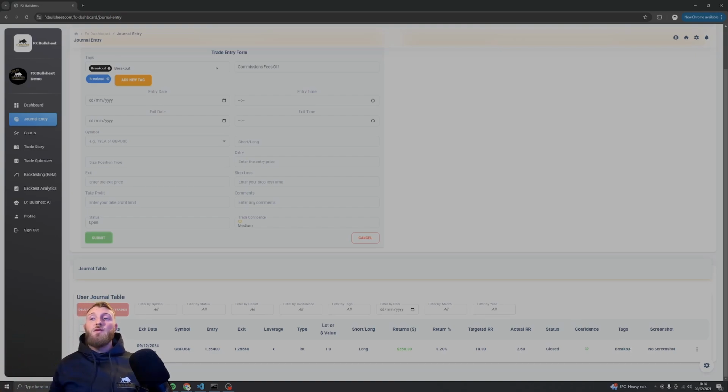Again, as I mentioned before, you can start filtering by tags and whatnot. You can also filter by confidence. So have a look at your worst trades, have a look at your good trades. I'm just going to add one in for now. You'll see here it says no screenshot. Now what that means is if I click it and press edit,